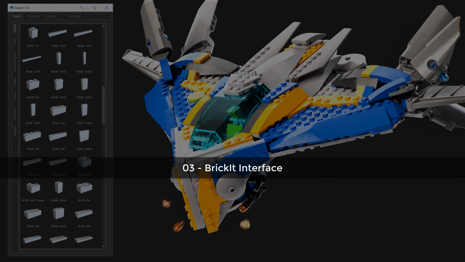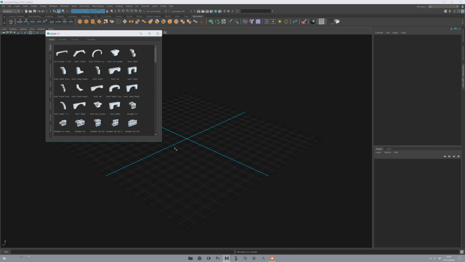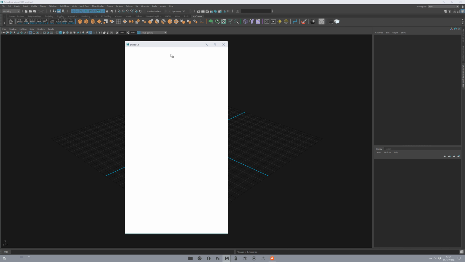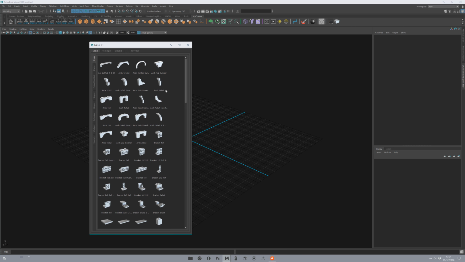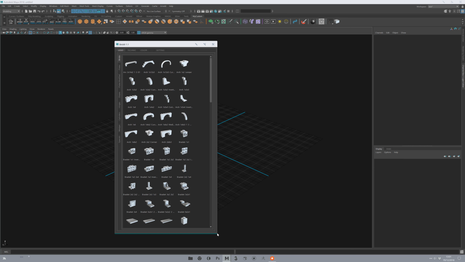Well, now how Brickit works. I will make a first tour of the interface, with little tips and tiny things to know. The first time you launch Brickit, the window size will be really tiny. Don't care about that, it's normal. You will just resize it to the size you want, and next time it will remember the placement and the size. So just the first time you need to initialize the size.